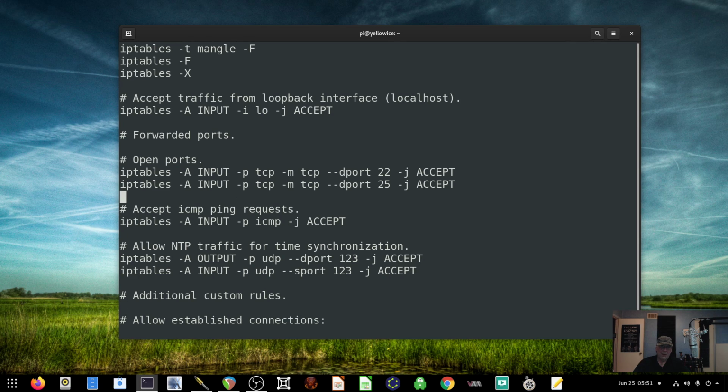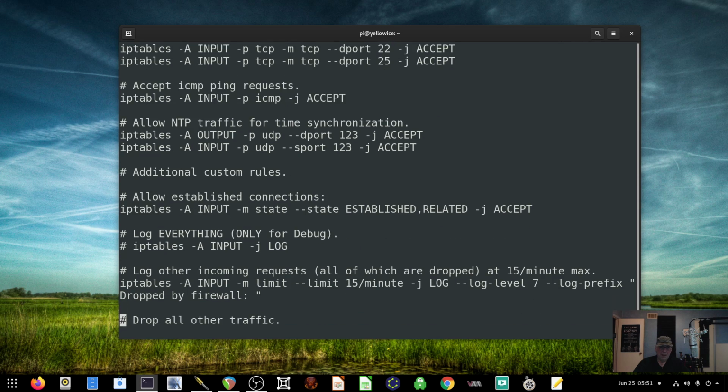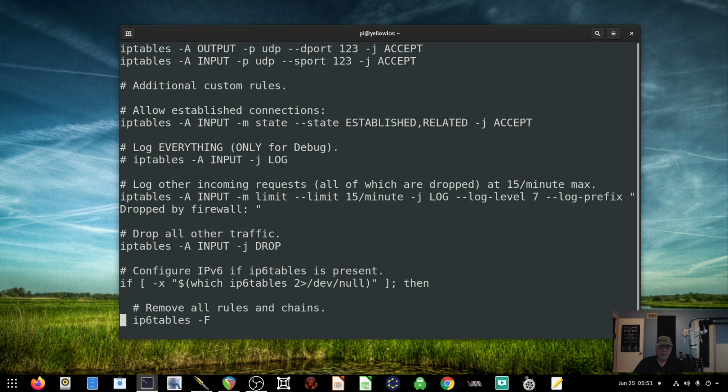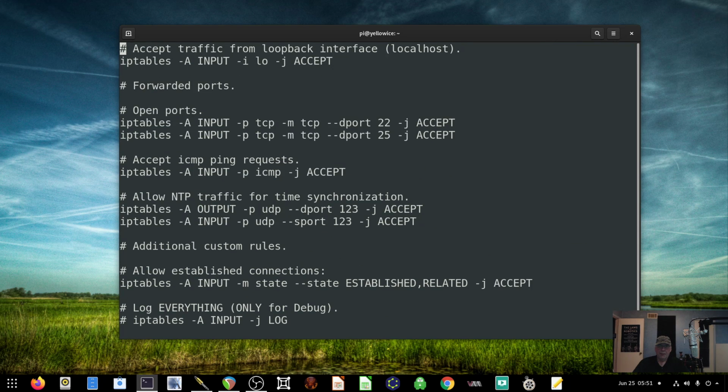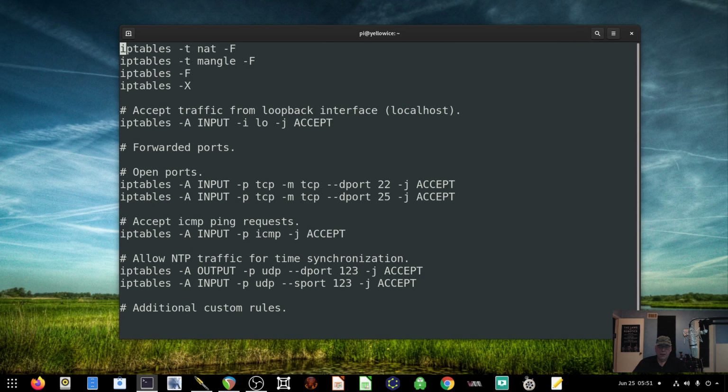Time server. Yeah, maybe. I might leave that in there. It'll probably get a complaint, but basically this is just the shell script that sets up everything into IP tables for you. So I'm allowing port 22 in. Now Linus isn't going to like that. It wants me to change the port number to something else. And I could certainly do that, but then I have to go change it on every one of my machines